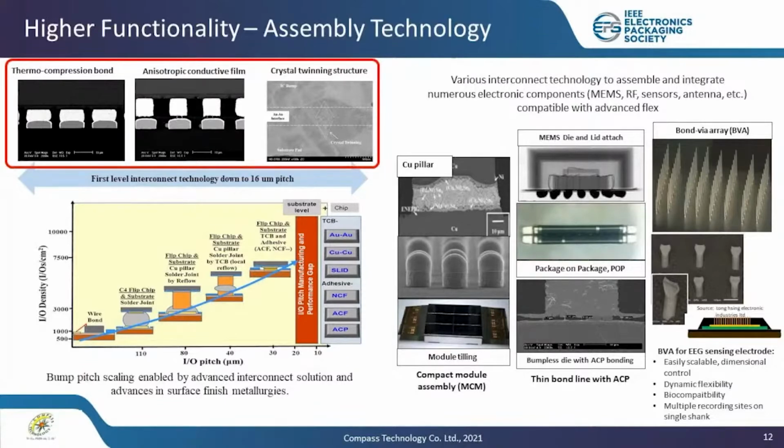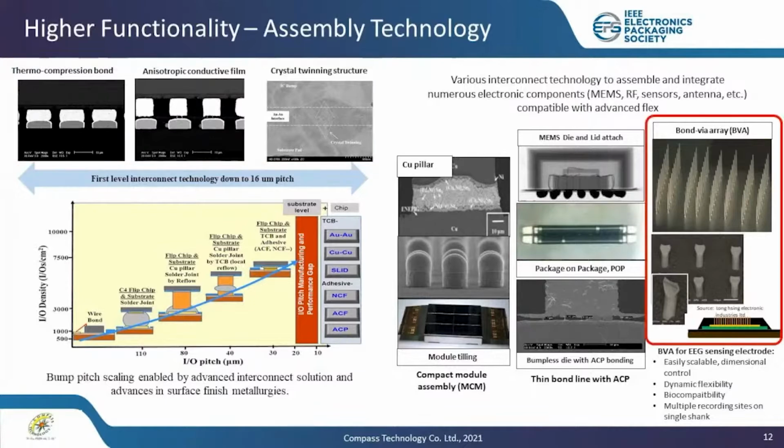So one example for sensing electrode, a bond pillar array using vertical gold wire can be high-density bonded on the flexible circuit. After the vertical wire is formed, we can apply the biocompatible mold compound to expose only the tips of the gold wire as sensing electrode. One major application is neurosensor to detect the EEG signal for direct skin contact.